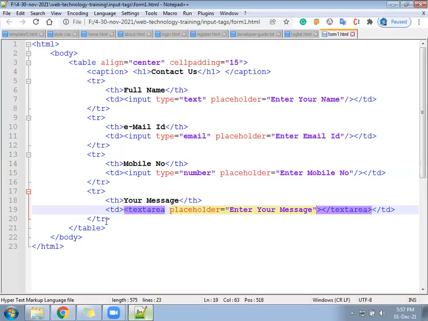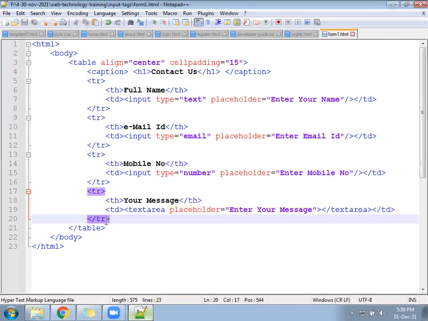Now we have to give a button so the user can click on it. Without a button, where will they click? Without a button, the user cannot click anywhere. So we will be giving a button.